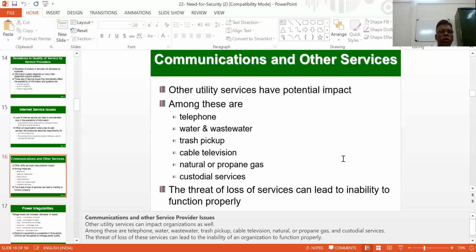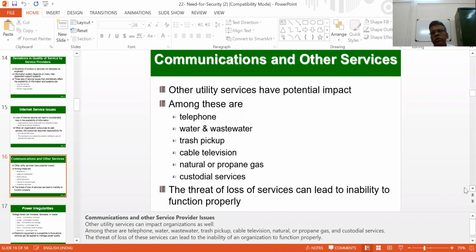How do we maintain the water, and the wastewater is possible to utilize for the purpose of maintaining a garden like that. Trash pickup. Suppose there is garbage flow, how can we maintain it, and classify the wet and the hard types of trash, garbage? For what purpose is it possible to salvage it, to make use of it once again for various other types of services? Natural gas or propane, correct?